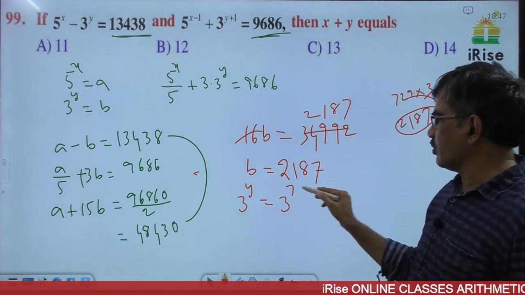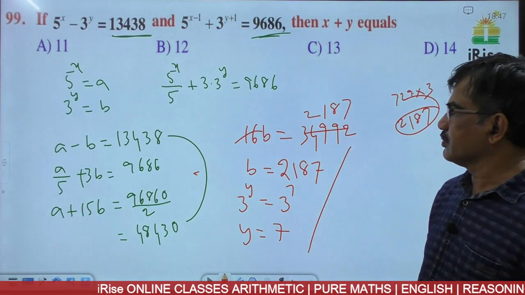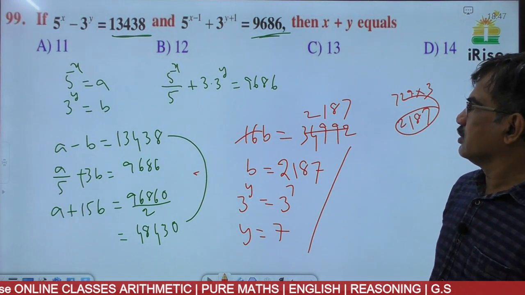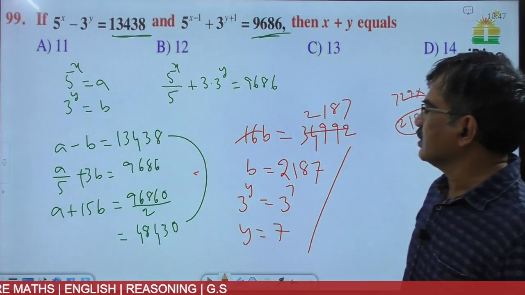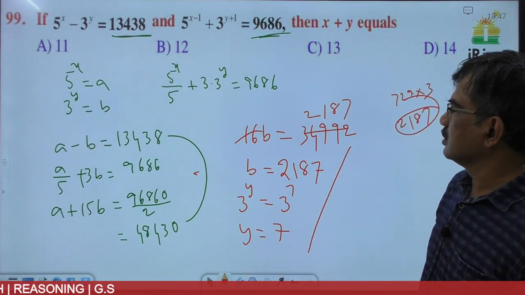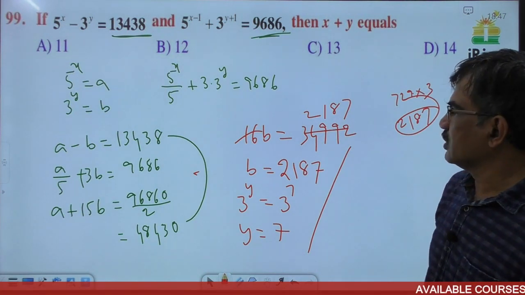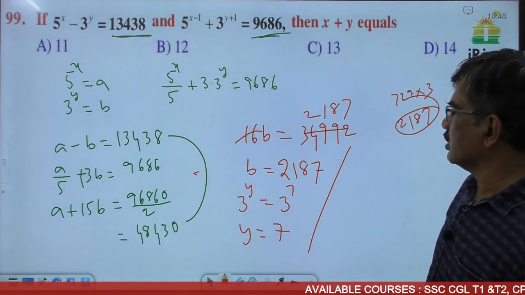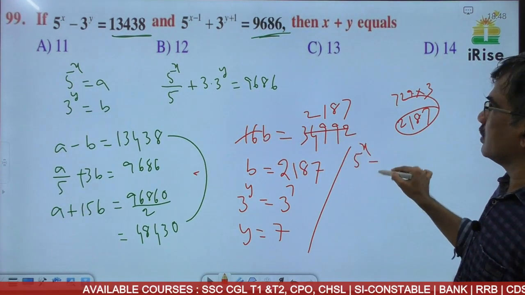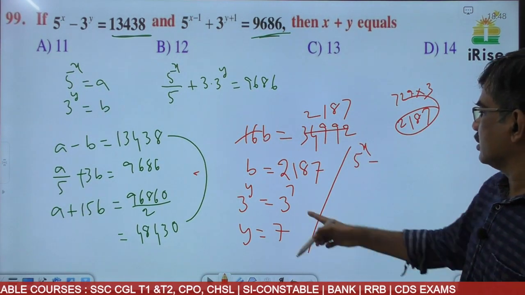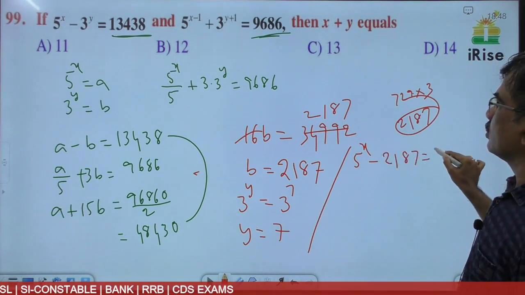So 3 power y is equal to 3 power 7. So y is equal to 7. y is equal to 7. 3 power y is 2187. Substitute in this. Okay, then what do we get? What is the x value? Here 5 power x minus 3 power y, 3 power 7, which is equal to 2187 is equal to